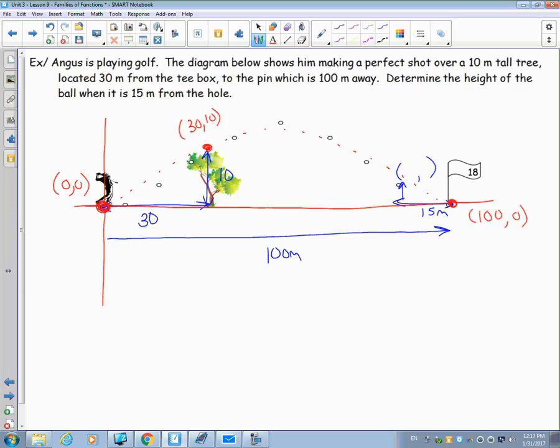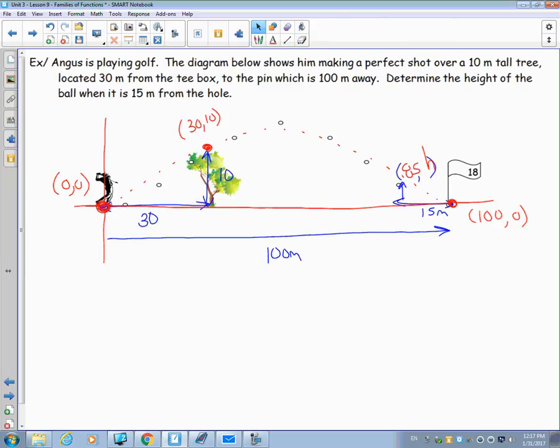And then if I want to figure out the height of the ball, 15 meters from the hole, I know that the ball has gone 85 meters. It's 15 meters short, so it's gone 85. All I need to do is figure out how tall it is. So if I had an equation for height based on distance, I can figure that out. Let's make ourselves an equation then. What kind of information do we have? We've got